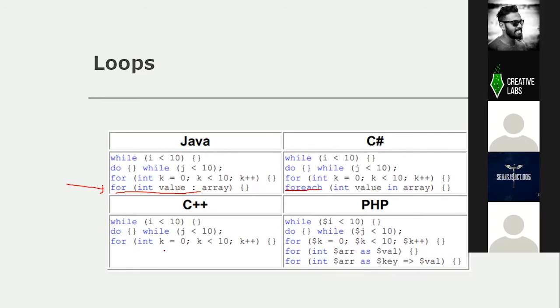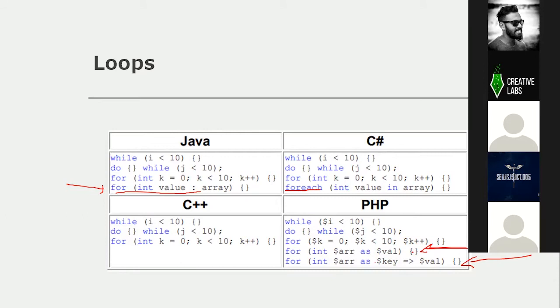And in C++, it supports only the basic loops like while, do, and for loop. But PHP has two things as well, in addition to these three. So it also supports the while, do, for loop, but this is again to traverse through an array, right? And also this is another method to traverse through an array. So here the difference is like